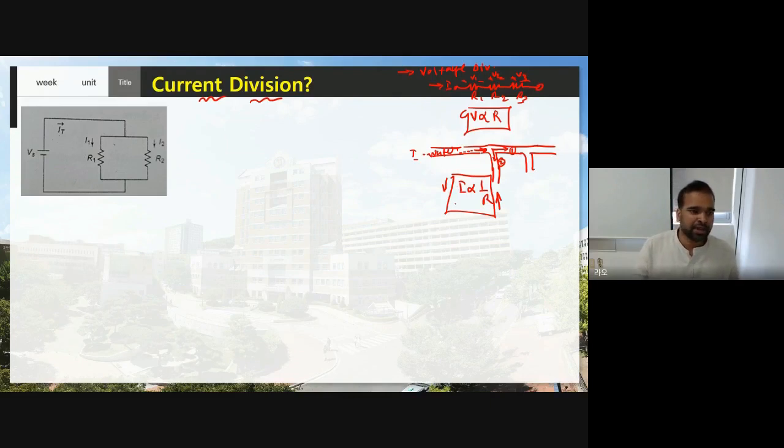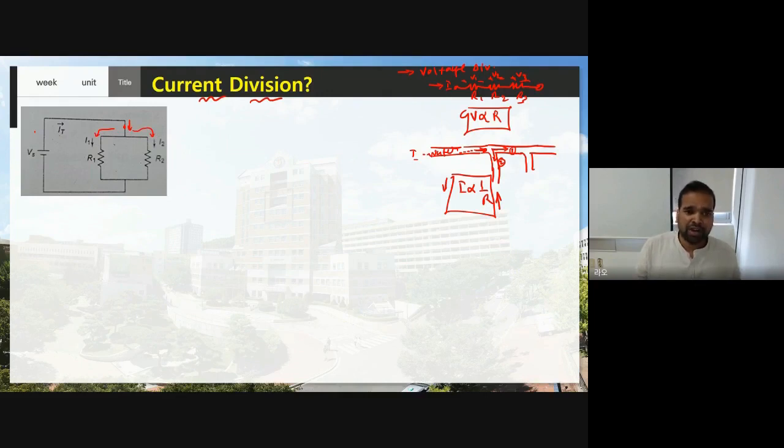Okay, clear. Now see here in this particular circuit, there is a voltage source. As we are using a voltage source, some current is flowing. How much current is flowing? IT. IT stands for total current. Here R1 and R2 are connected in parallel. Therefore, after coming here, this current has two directions. Some of the current will go here and some of the current will go towards R2. So the current value depends on the resistance value. Okay, clear.